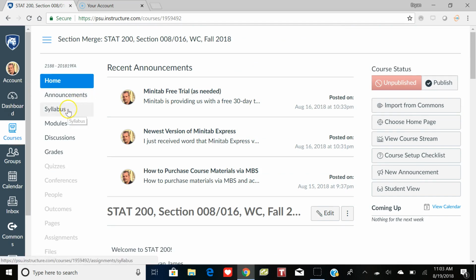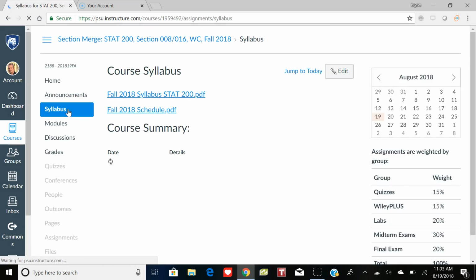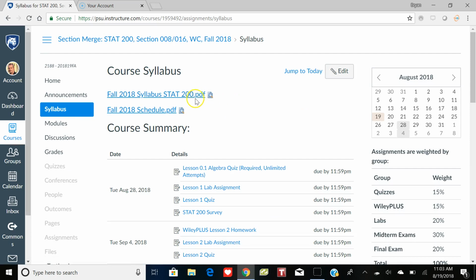Let's go to the syllabus page. The syllabus page has the PDF of both the schedule week by week and the course syllabus, which you'll want to read through. Remember, that is a contract between the student and the instructor, so you definitely want to read that so that you know how things are done and all the procedures in the course. That's a pretty important issue, obviously, and maybe I'll be back to that in a little bit with you.